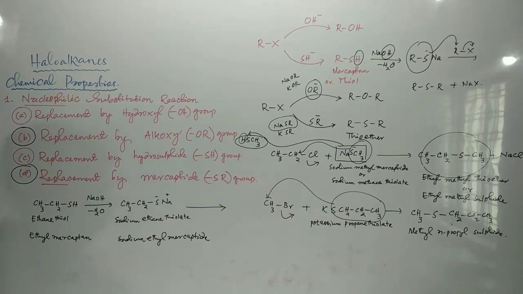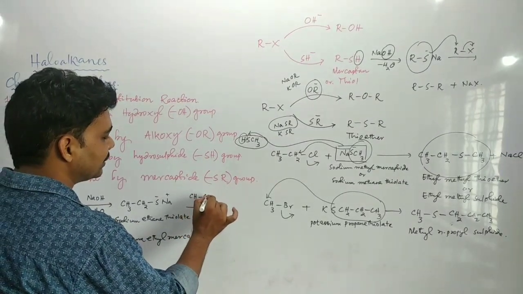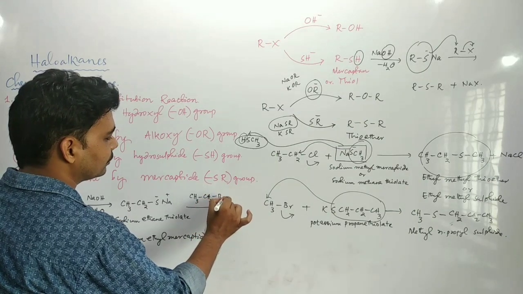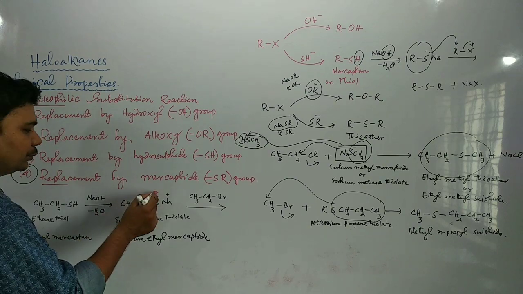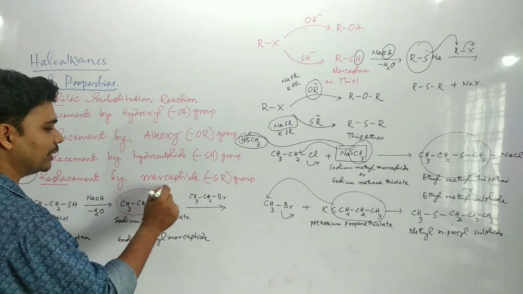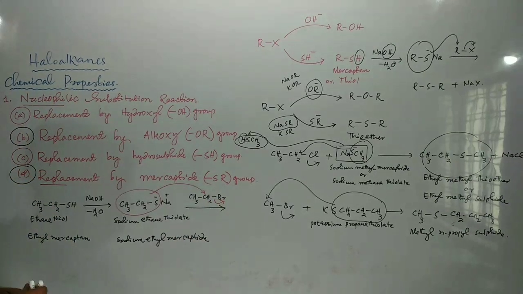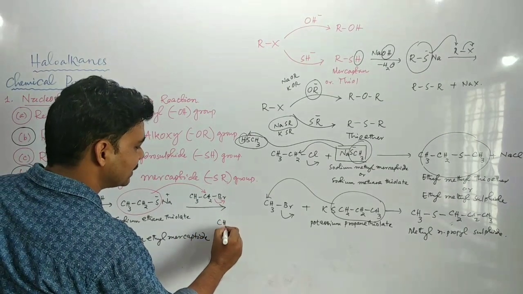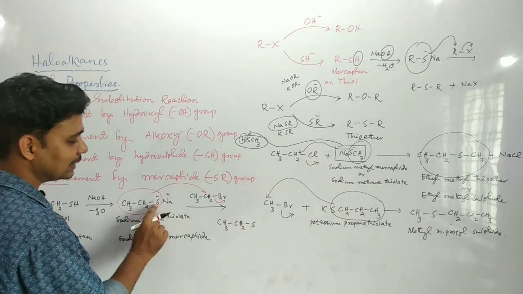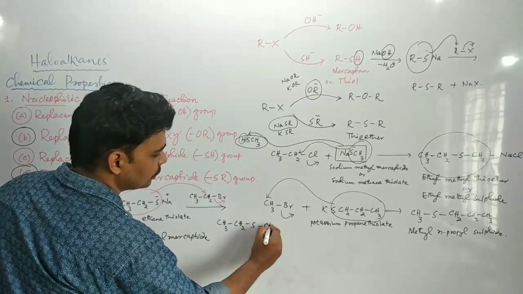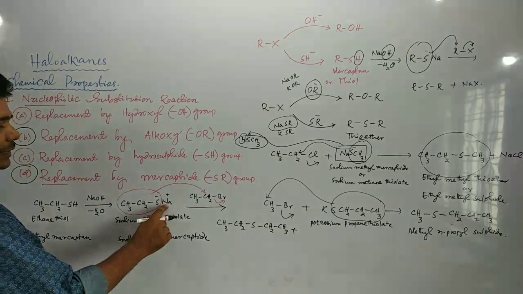Now it is to be used with one alkyl halide. Let us use CH3CH2Br. This is the alkyl halide. This part is your nucleophile. This nucleophile will attack this carbon such that bromide ion will leave. Then the product is CH3CH2 S CH2CH3, as this S is bonded to CH2 of this ethyl group, plus the byproduct is Na plus and Br minus.